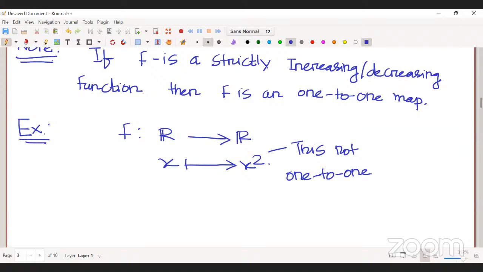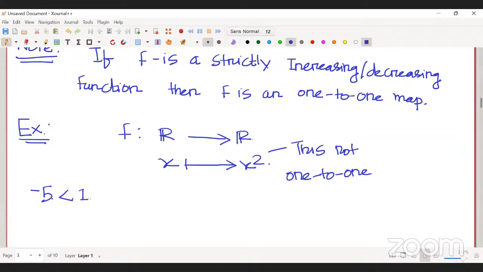So, sir, it satisfies the condition for strictly increasing: x1 is always less than x2. No, it certainly will not satisfy the condition. Okay, so let's say, for example, let's take this one. So -5